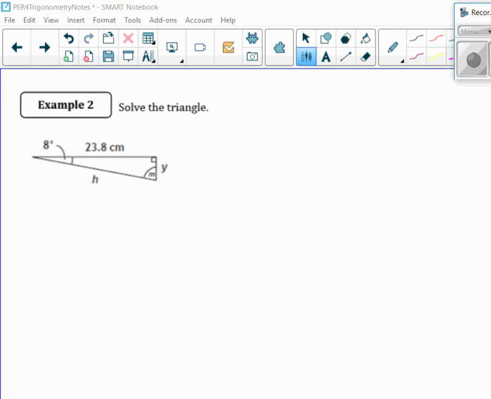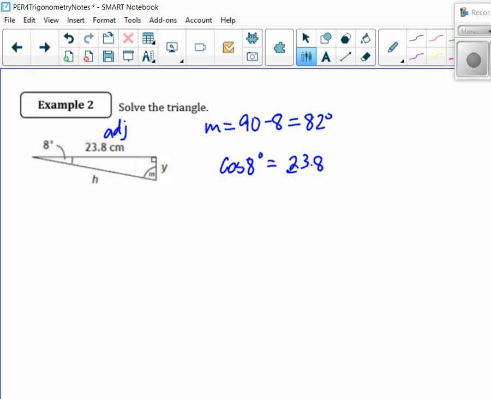Okay, first things first, m is just going to be 90 minus 8, which is 82, right? And then if I use 8 degrees, this would be my adjacent, and that's my hypotenuse, so that's cosine of 8 degrees is equal to 23.8 divided by h. So h is approximately